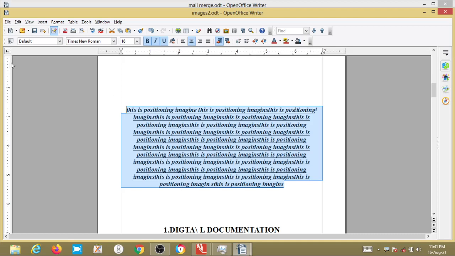It will show how the text is formatted. Or if you want a desired shape, what do I have to do? Click the ruler where you want to set the tab stops. Wherever you want to set it, you can select that position.